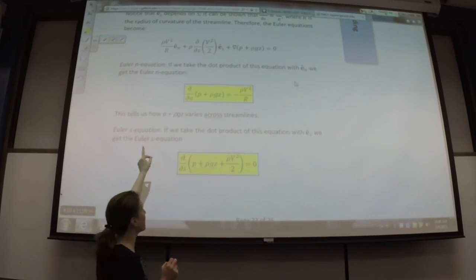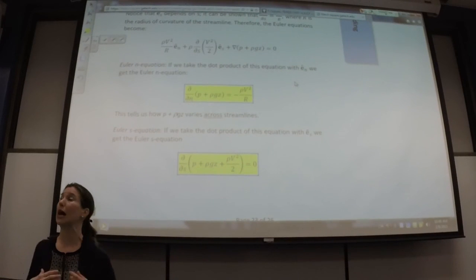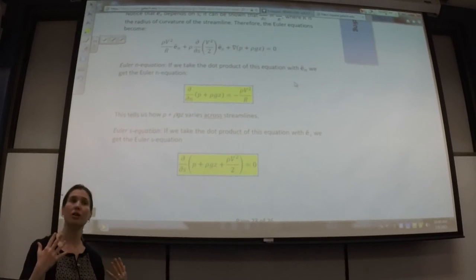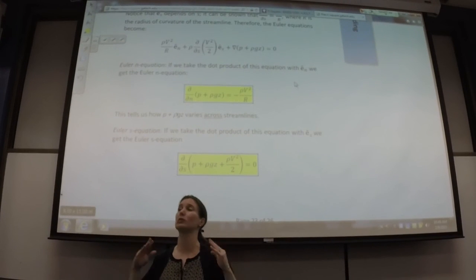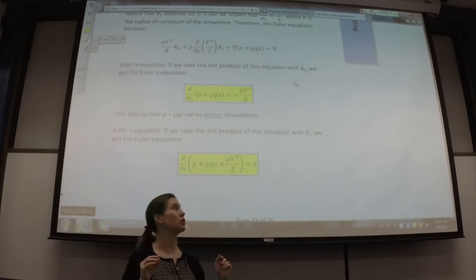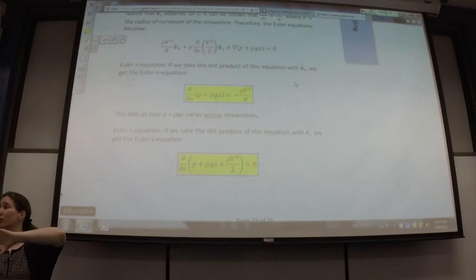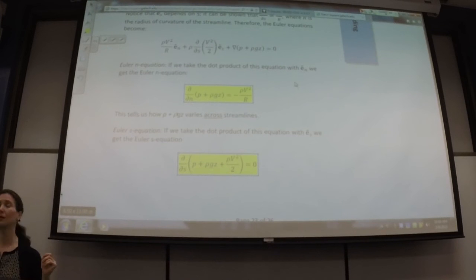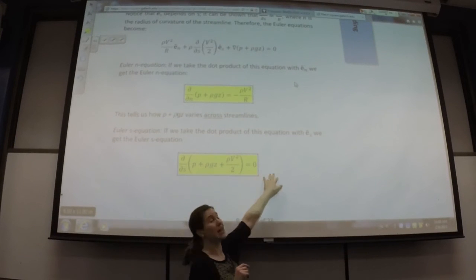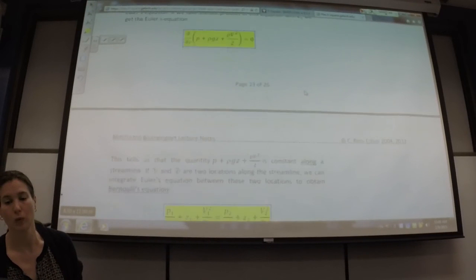The Euler equation is something that you probably won't have to actually do much application of, other than understanding what we just went through in terms of what happens across those streamlines. But it's really useful to think about how you can have a pressure differential that's occurring due to this curvature associated with something. So when we start with this S equation then,